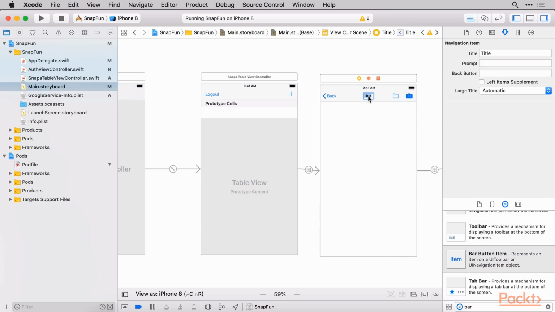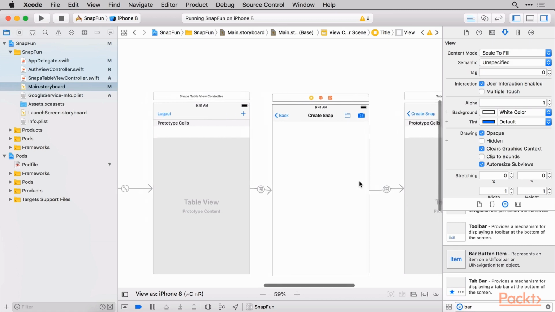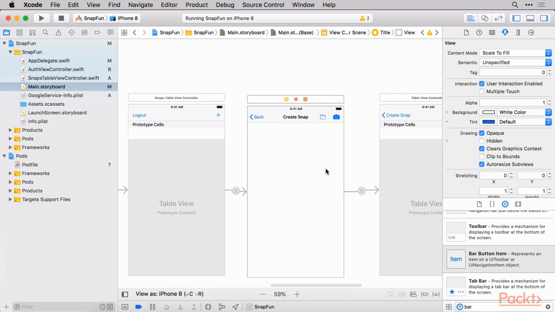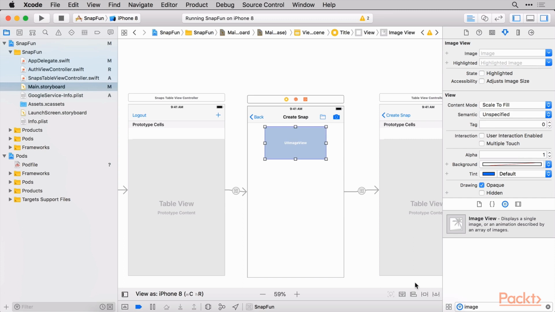I'm going to go ahead and give a title here to say create snap, just because I think that will give the user some good context as to what's going on here. But with this, we need to have an image view that someone can look at, so I'm going to go ahead and bring out an image view here. Now as far as the sizing on this goes, I'm going to go ahead and just say that this is going to be, well, we've probably done enough here. I think maybe let's leave this